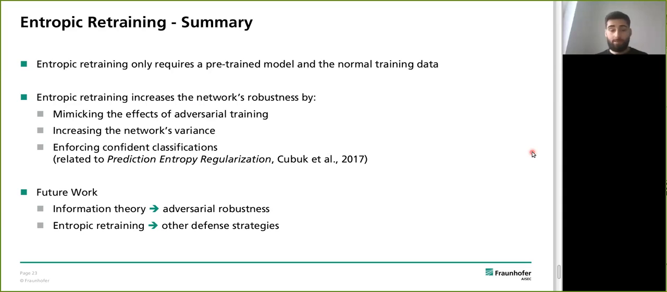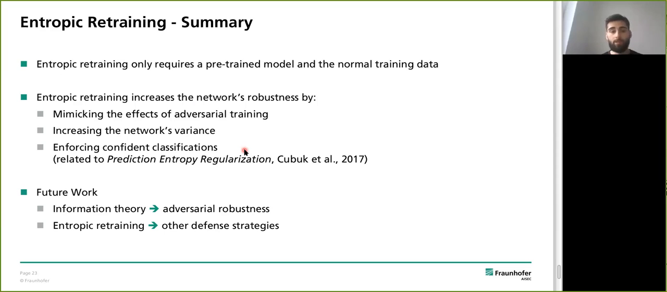So let's summarize entropic retraining. What did we see? What are the takeaway messages here? Entropic retraining only requires a pre-trained target model and only uses normal training data, without the costly adversarial example generation. Entropic retraining increases the robustness of the neural networks by mimicking the effects of adversarial training. So by also increasing the network variance, and also enforcing a very confident prediction of the neural network,